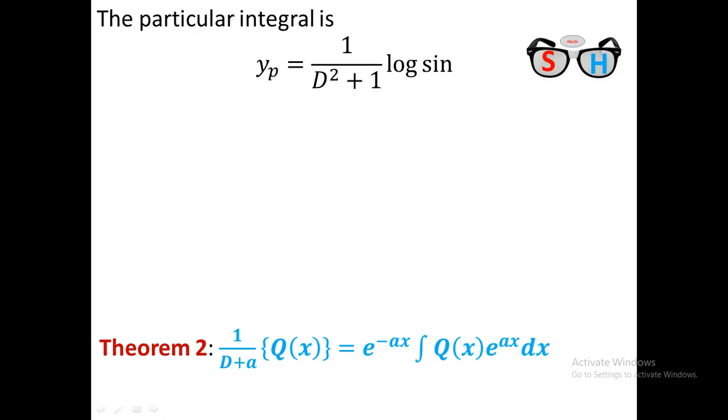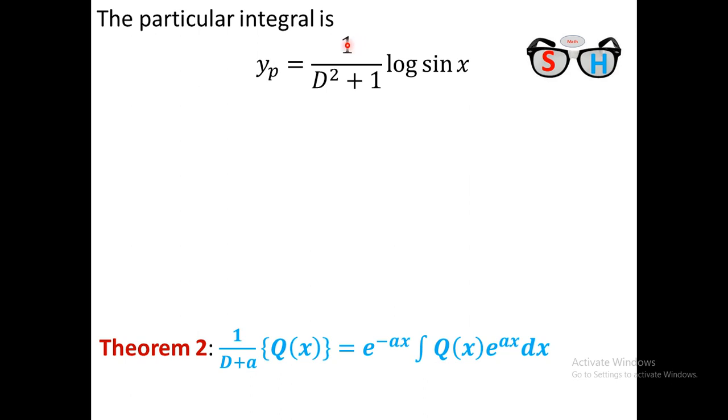You see that log of sin x is not under the five rules, because in the first rule it has to be an exponential function, and it is not exponential. In the second rule Q(x) was e to the power ax into another function, and this is not in that form. The third rule, sorry, the fourth rule, was for a polynomial, and this is not a polynomial. And in the last rule, rule 5, there was x to the power n times V(x), therefore this is not in that approach. So we have to calculate this in another approach.